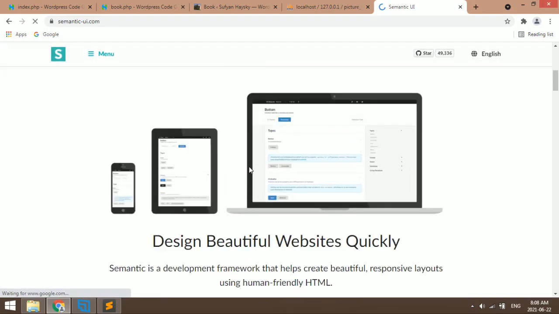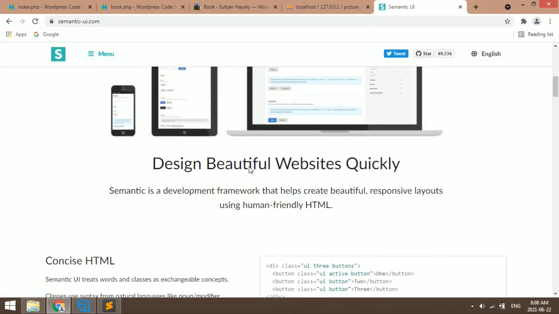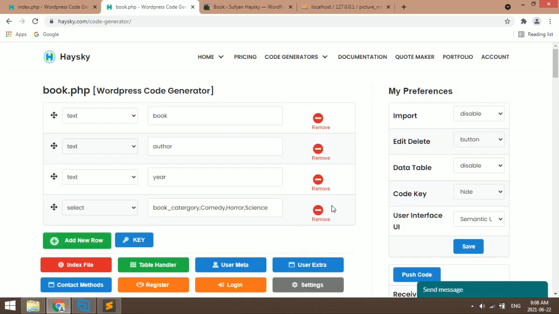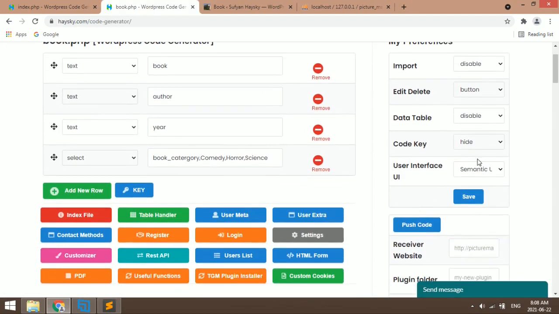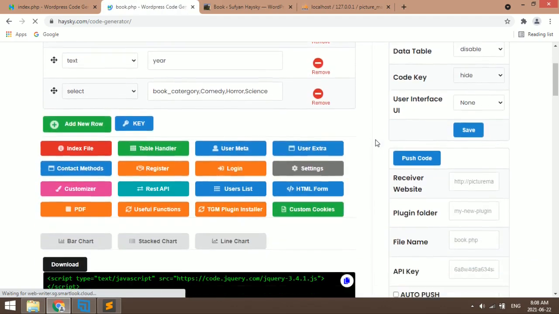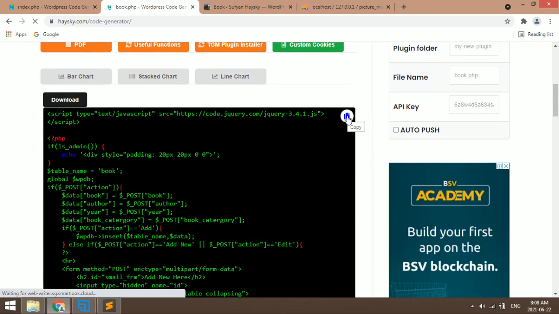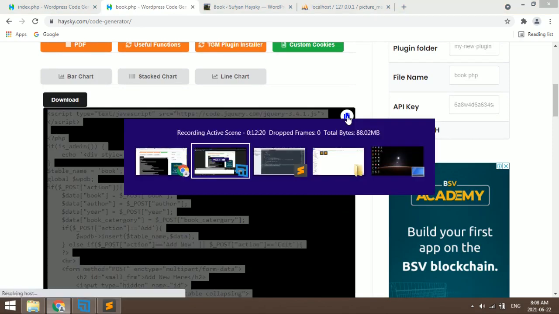So semantic UI, we are using, say these blue buttons and the table format and all this. If you don't want to use semantic UI, then you can simply click on none and then save. So no extra effects will be added, only a simple and plain UI will be there.